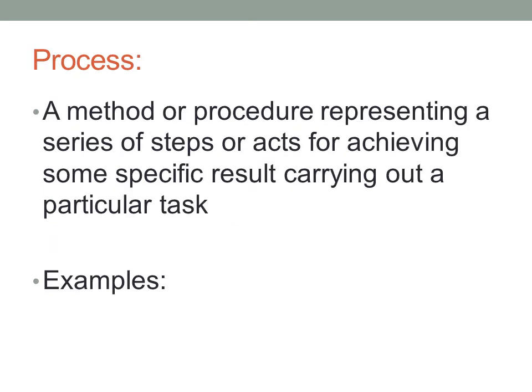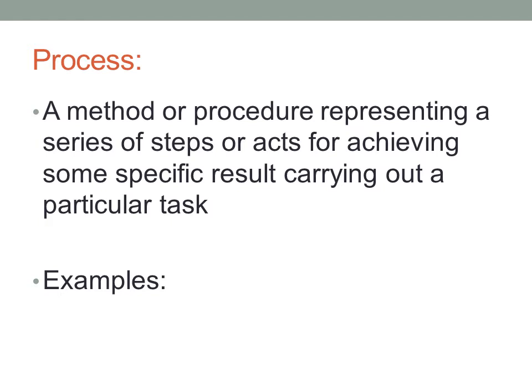Process is a method or procedure presenting a series of steps or acts for achieving a specific result that carries out a specific task. For instance, the method for producing stainless steel. The procedure used to measure the level of acidity in soil. The technique used for cloning genetic DNA. So a new and useful process can be patented even if the result is a known result or in a known product, meaning it already exists, but you're doing it in a different way. You can have more than one method to achieve the result.